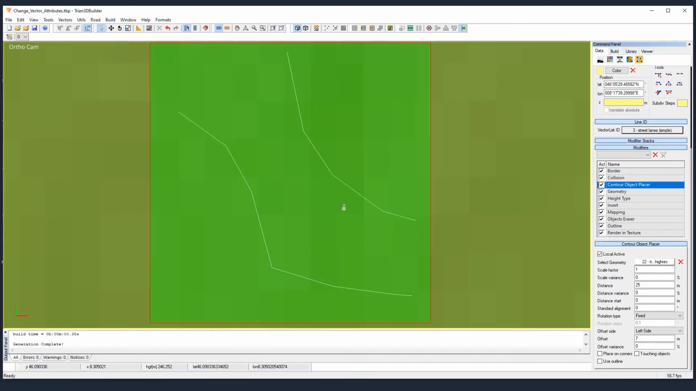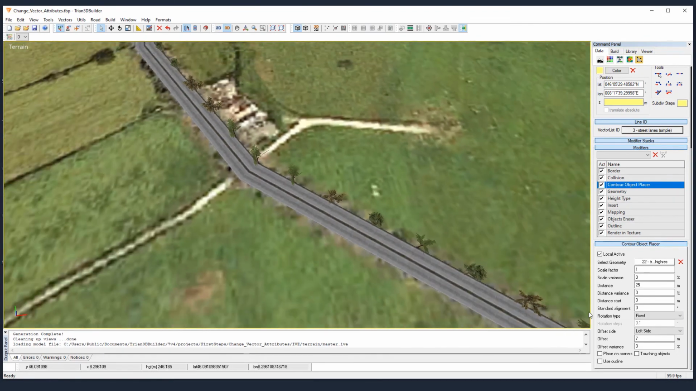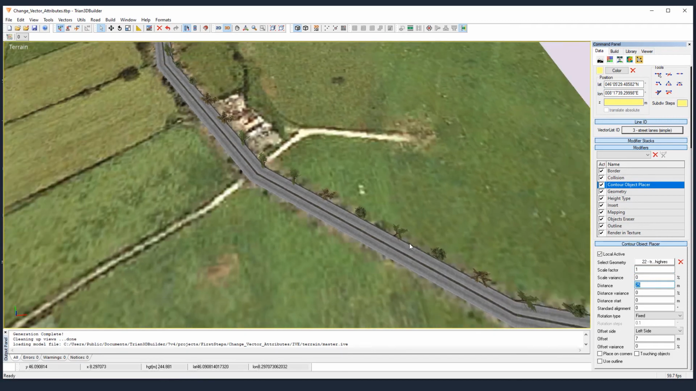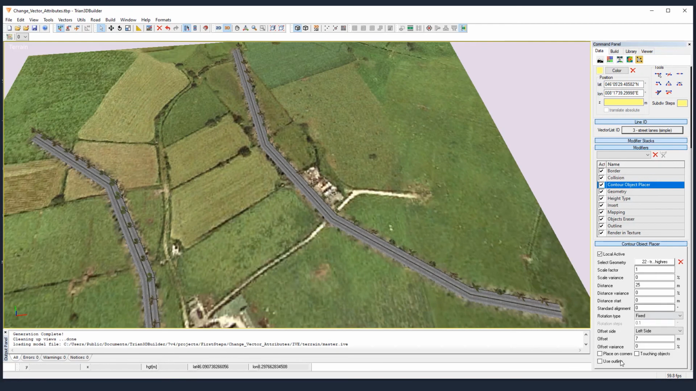And let's generate it. Here we go. We have our trees already on the border of the road, just by giving an offset. As you see, that modifier contains other attributes like scale factor, distance variance, standard alignment. That's stuff you can try